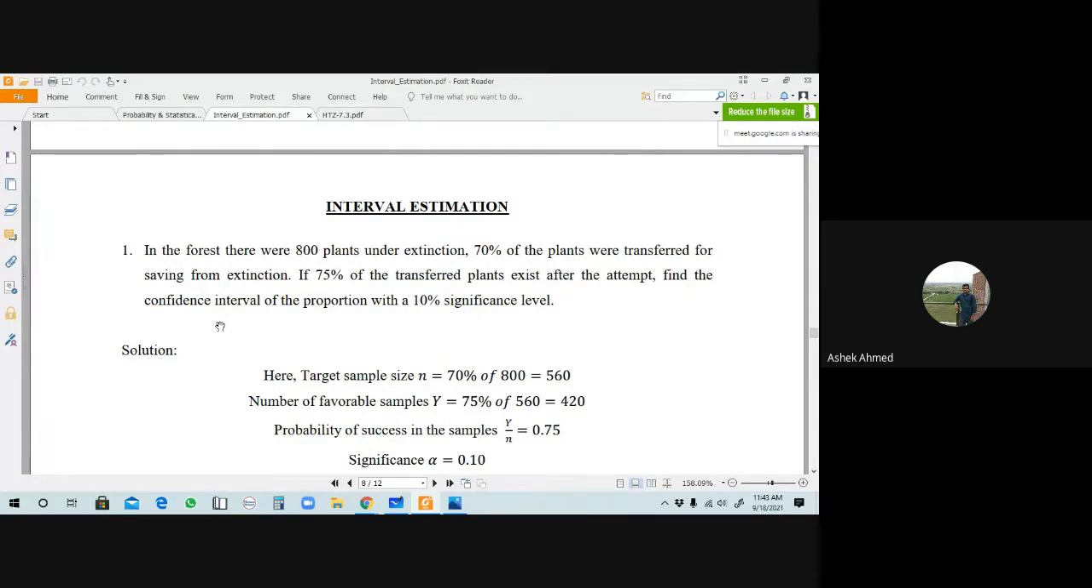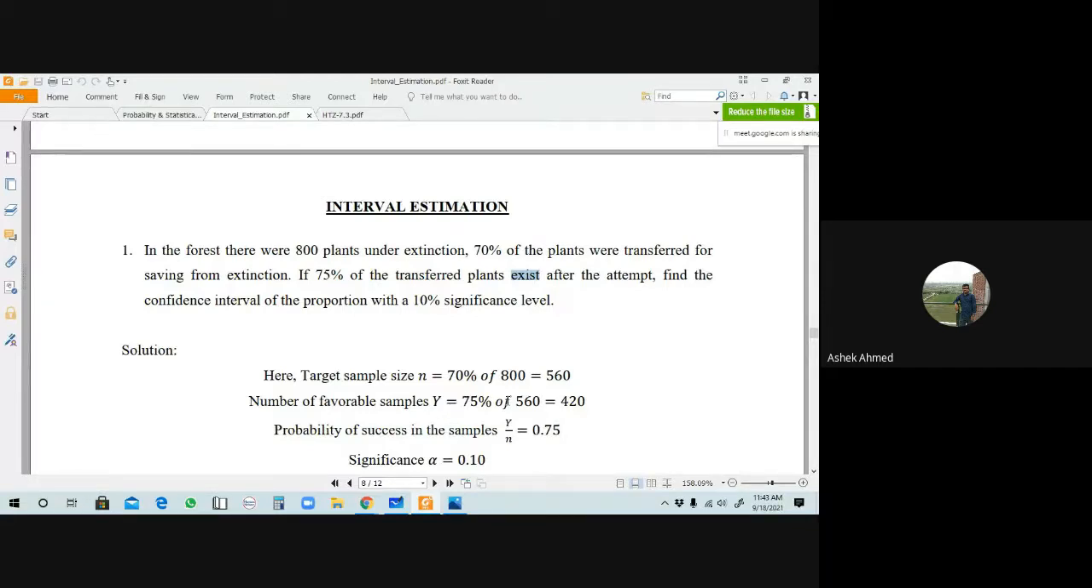70% of 800, okay? So that value will be here the value of n, the target sample, যেটাকে আমরা সরাতে চাচ্ছি. That will be the target sample size, that is 70% of কত? 800. If 75% of the transferred plants exist after the attempt, attempt করার পরে কি হচ্ছে, attempt সেভ করা হয়েছে, এক্সিস্ট করা লাস্ট পর্যন্ত তারা টিকে আছে. So for that case the value of